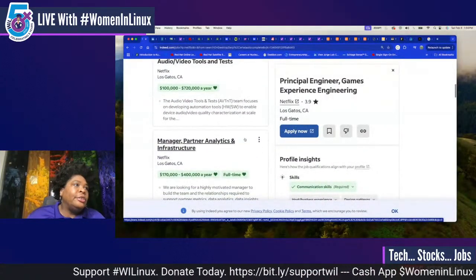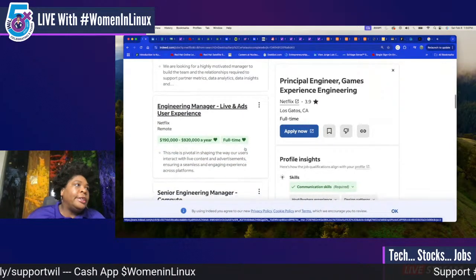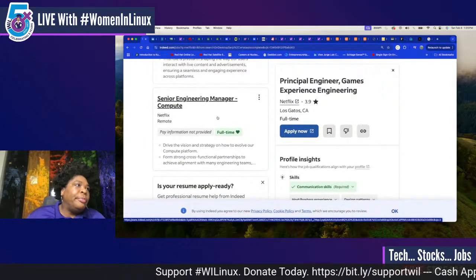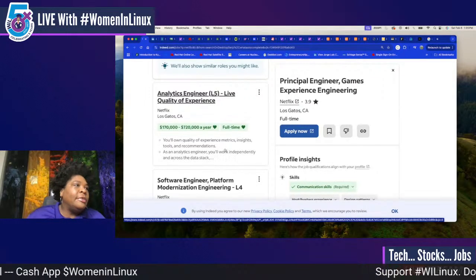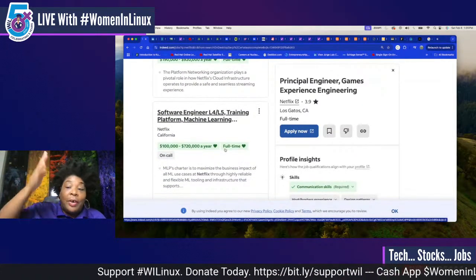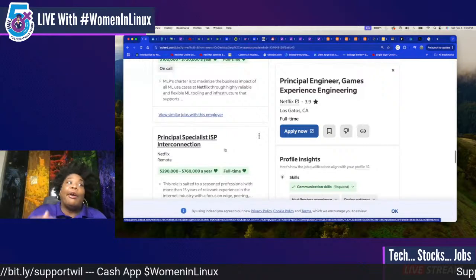I can see that. All right, so on the screen, I pulled up Netflix just on Indeed just to see what they got. A senior software engineer, 100 to 720. A manager, partner analytics, infrastructure, 170 to 400. Engineer manager, 190 to 920. Senior engineer manager, compute. They don't have that, but they had it up there before. I think that was like between 100 to 920. Again, 720, 720, 920. Again, I would take the range, fall in the middle, divide it in half, and come up with what they're probably gonna offer at the rip. But it can go as high as